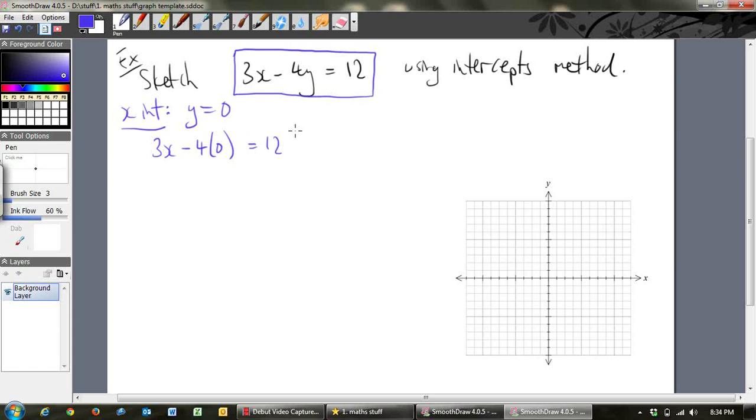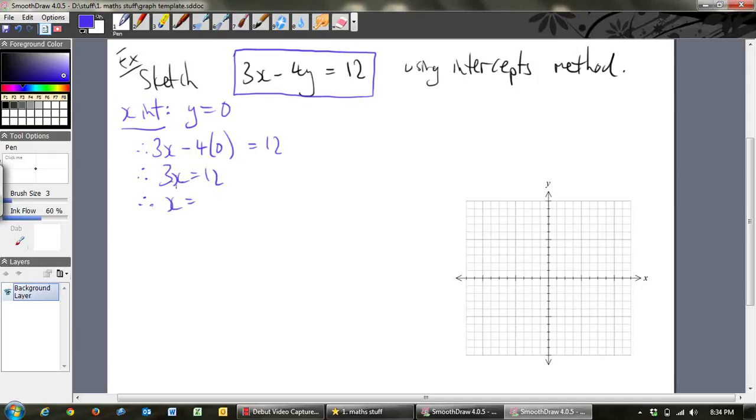And what we do is we continue on with this equation and solve it. So therefore, I've got my therefore up here. 3x minus 4 times 0. What's minus 4 times 0? It's just 0. So 3x equals 12. Therefore,